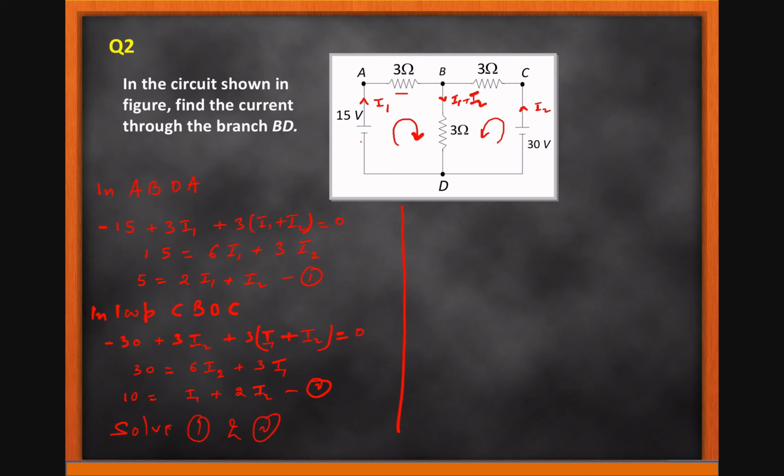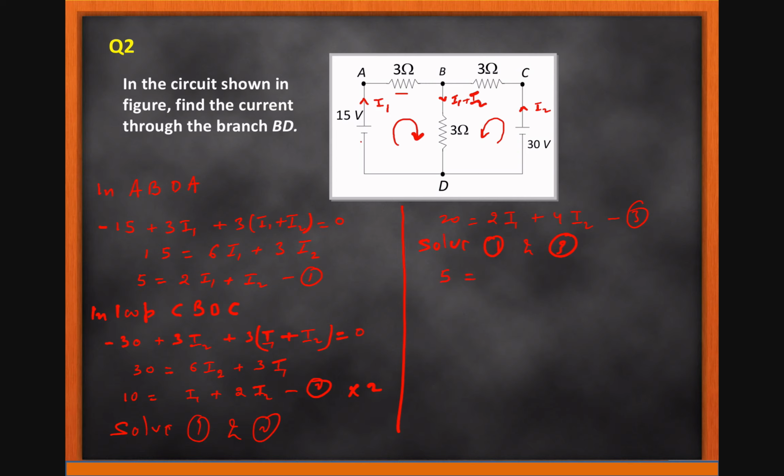We get, if we multiply equation 2 by 2, we'll get 20 is equal to 2I1 plus 4I2, equation 3. Now solve 1 and 3, we get